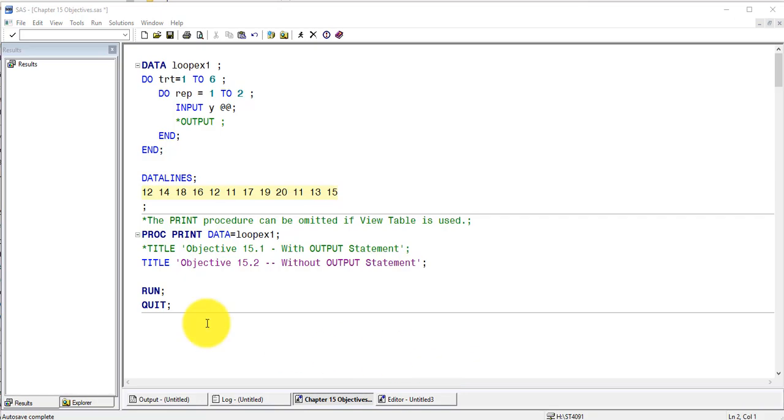So you can see the colorization in SAS, and how we get a visual on each do statement having an end statement. This is called loop example 1. Notice there is no input statement above the loop. It's actually inside of the loop here. We could put some other variables to be declared in front of the loop. So this is fairly simple. We're doing a proc print. We could use view table if we wanted to. And so let's look at problem 15.1